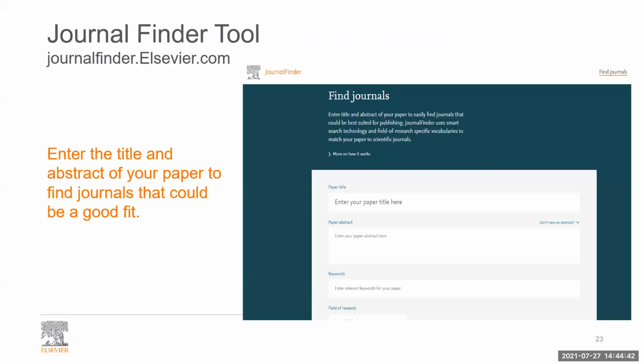There are several of these types of tools. This is Elsevier's Journal Finder tool. Elsevier created a Journal Finder tool that can help you narrow down which journals may be a good fit for your research. At the URL listed here, journalfinder.elsevier.com, you can put in your title and abstract of your paper, and it will generate a list of suggested